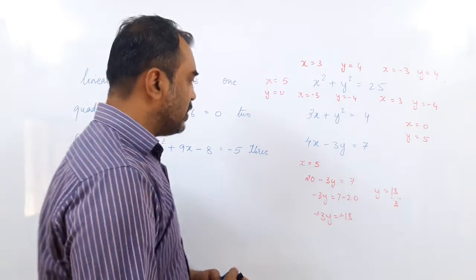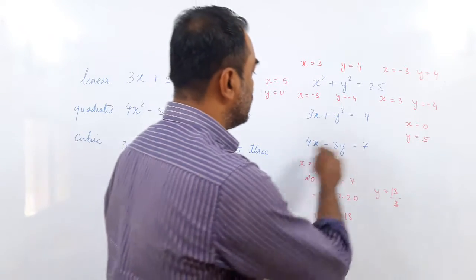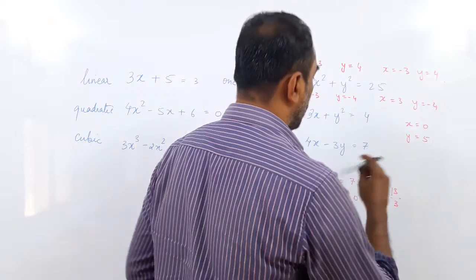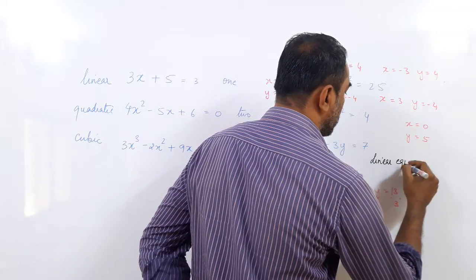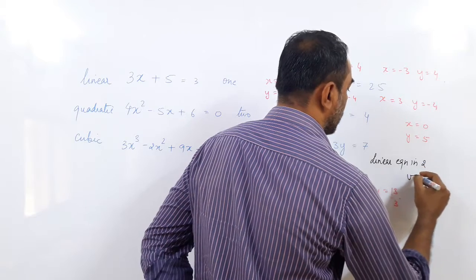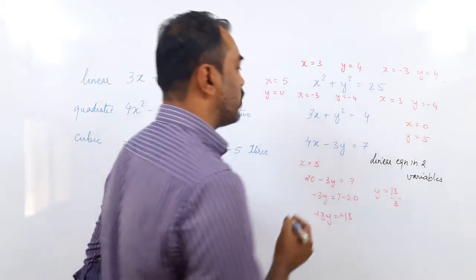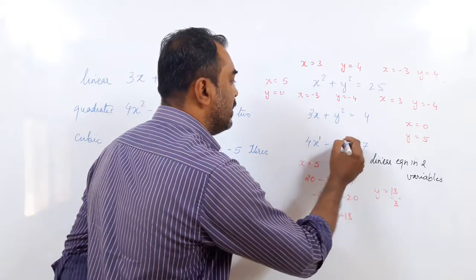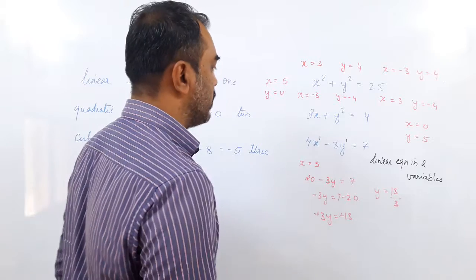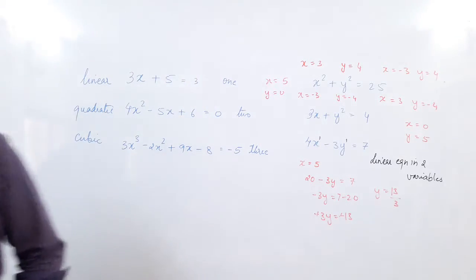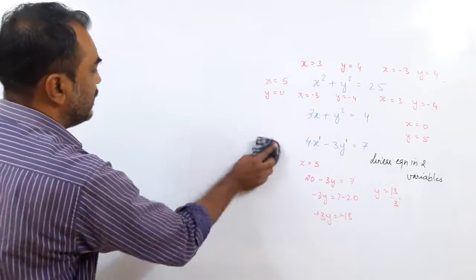So in this lecture, in this chapter, we are only going to look at this one. It is called a linear equation in two variables. You can see that? It's a linear equation in two variables. Why do we say linear equation? The degree is 1. So it is a linear equation in two variables. So now we will remove the rest and just try to focus on the linear equation.